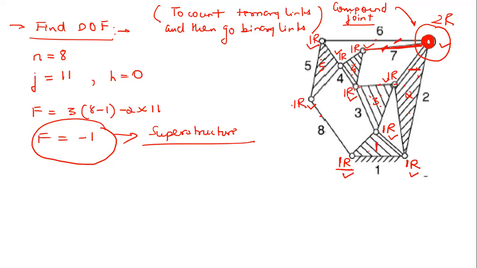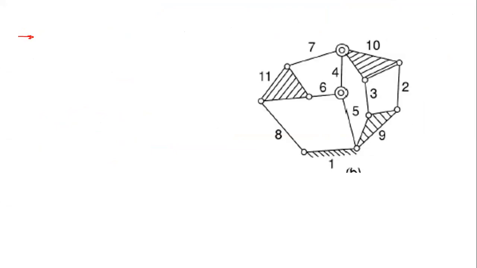Okay, sir. So generally, like I told you, you can do some research on this, but I don't want to go into too much depth. For now, this is simple: to differentiate between a structure and negative degrees of freedom, they refer to it as superstructure. The physical meaning is the same. There is no relative motion between the links, right? So now let us solve this one.